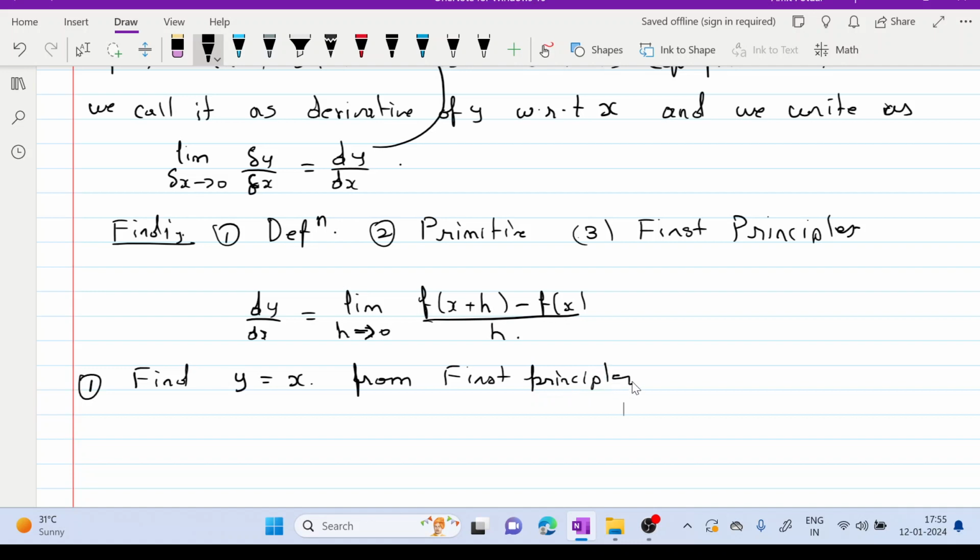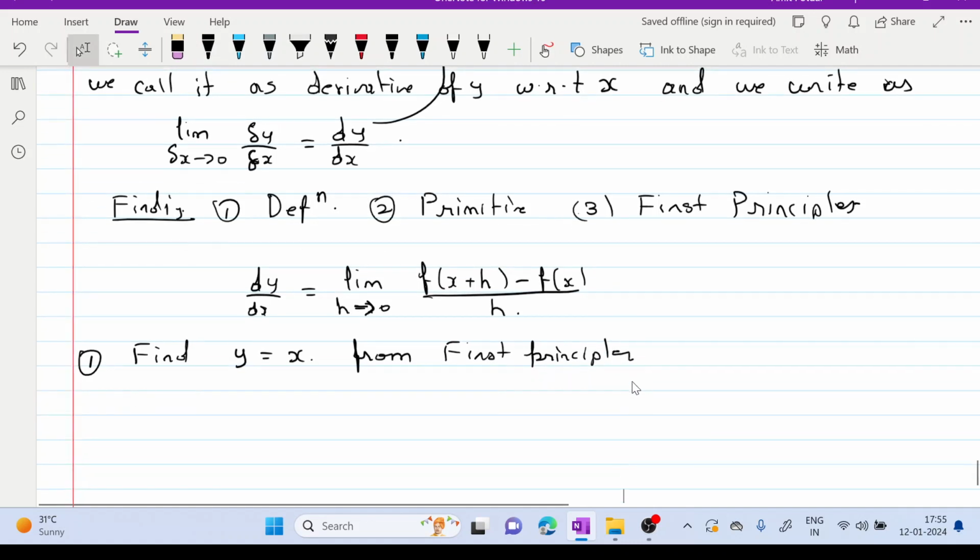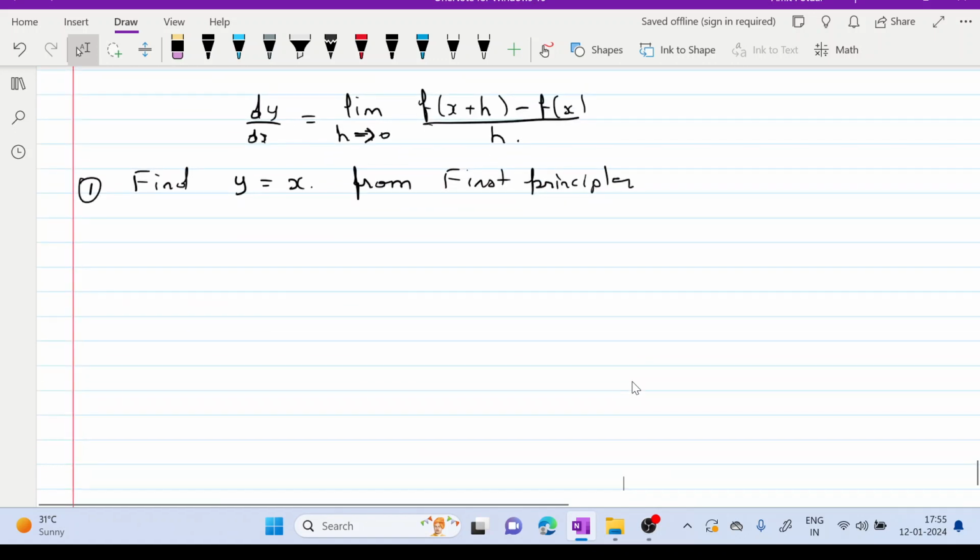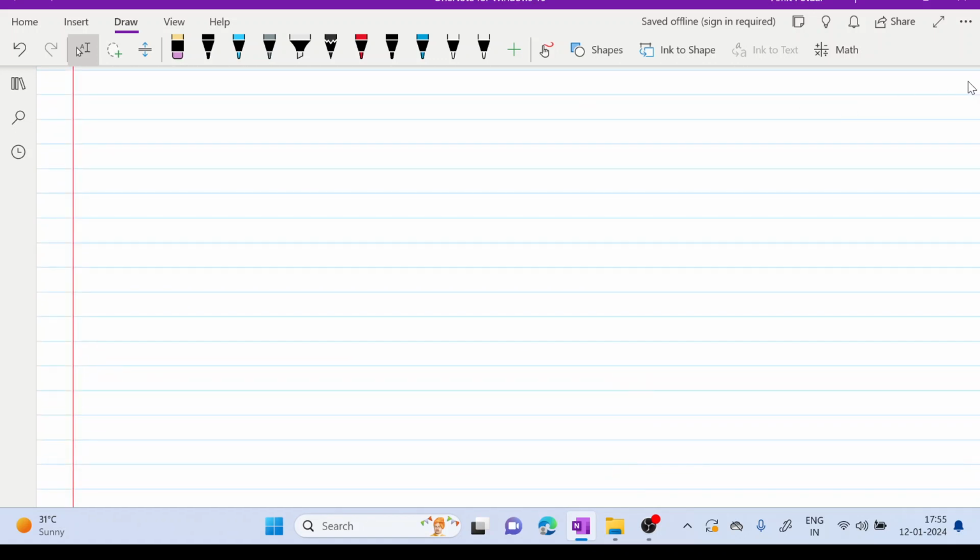Okay, so it's very simple. We have to use the definition. जो definition था वो use करना है. So